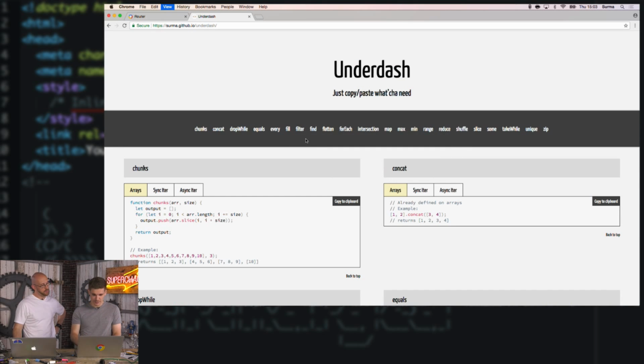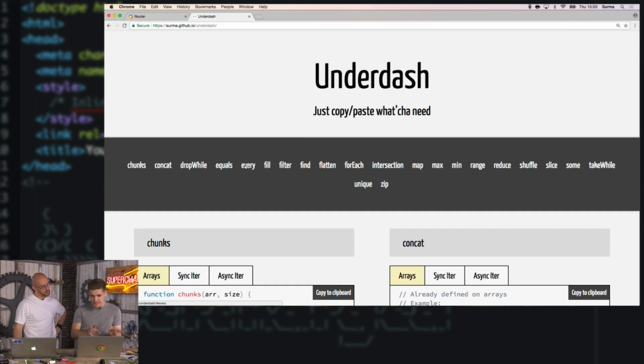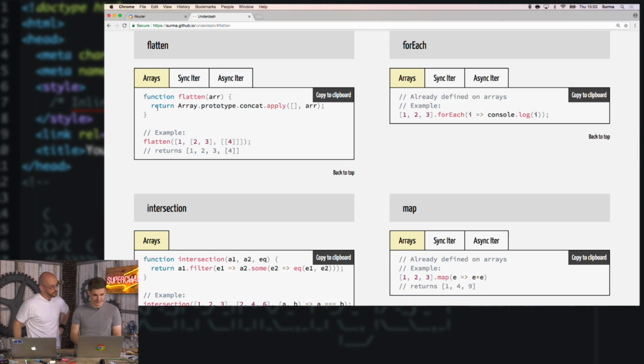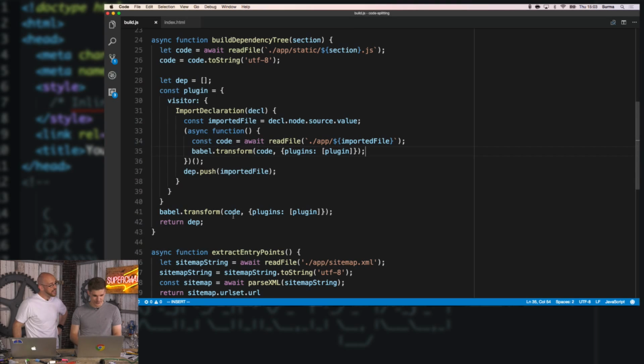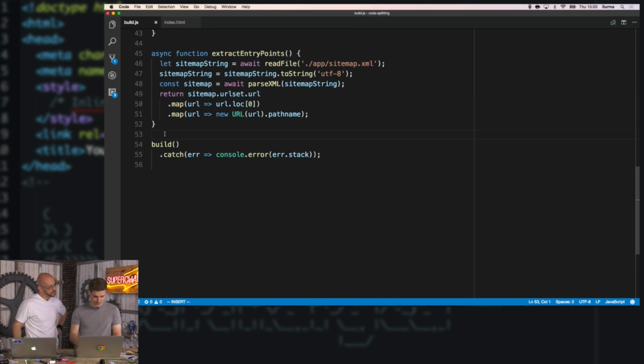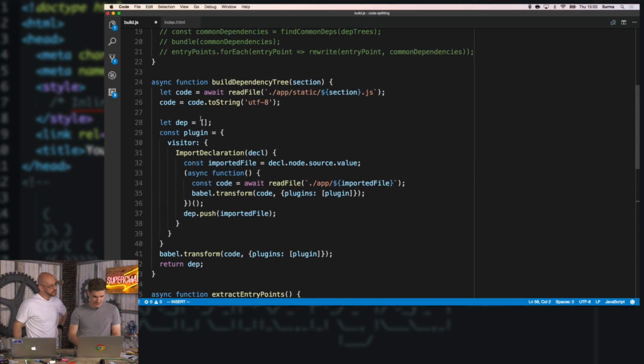And so you can go to my project, which is called Underdash, where all these little useful functions are there for you just to copy. It says right there, just copy-paste what you need. So if we need flatten, we're just going to go with this. Just going to copy that. Oh, look at that. We're going to paste it down here. Of course you would. Why wouldn't you? And then